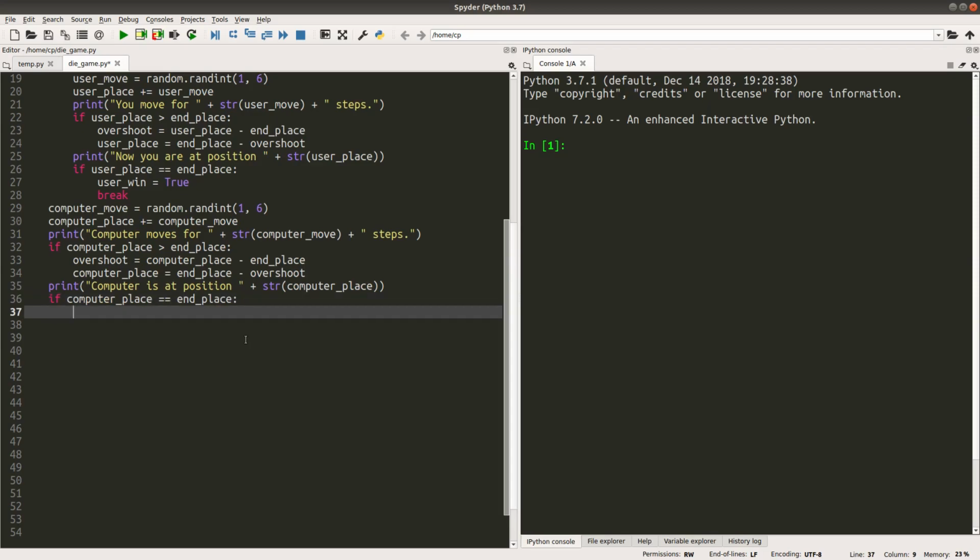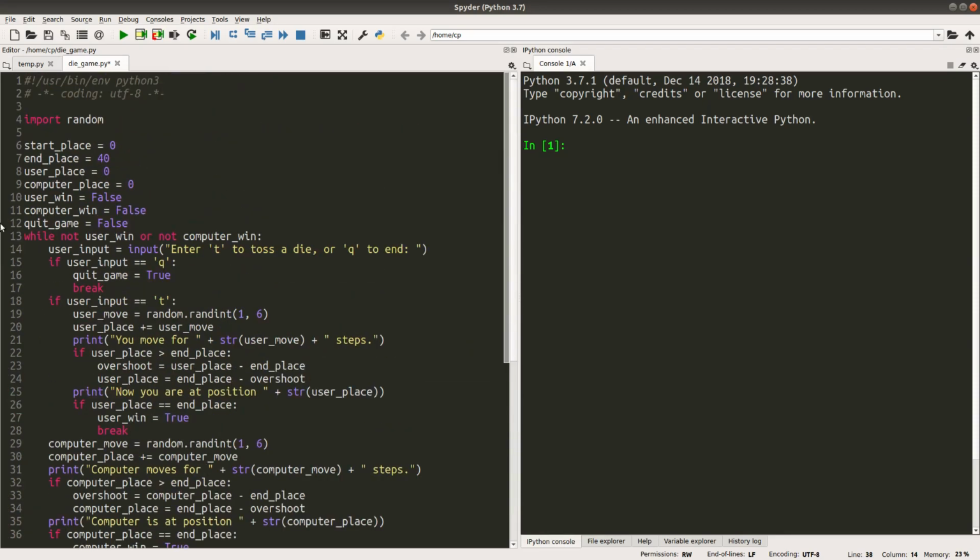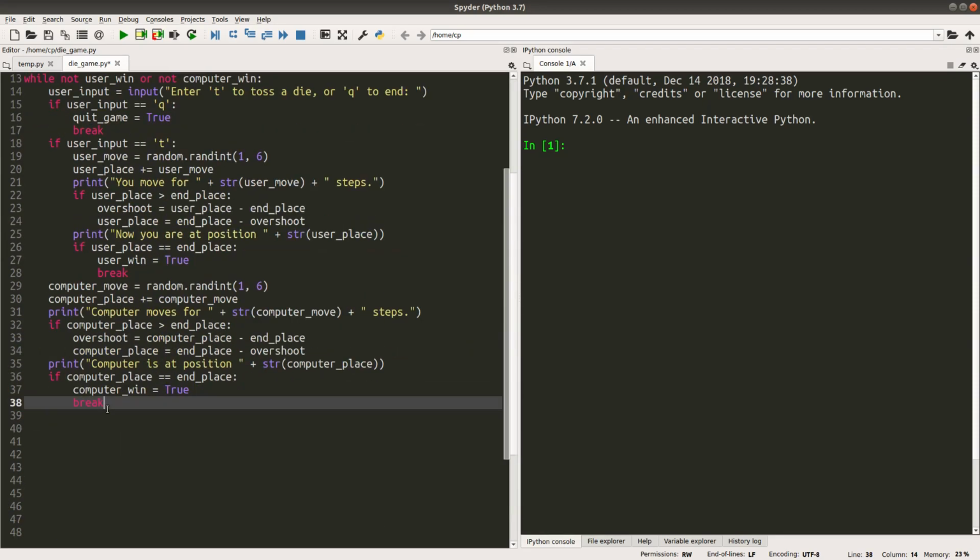The computer wins. I set the computer win Boolean variable to true, and then I will leave the whole while loop at the beginning by using the break command.